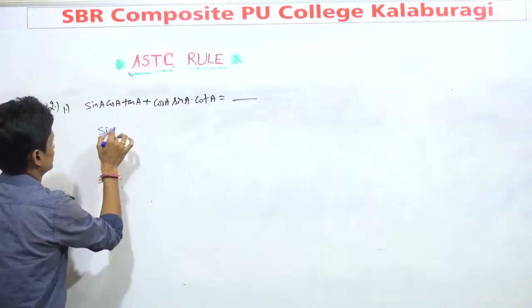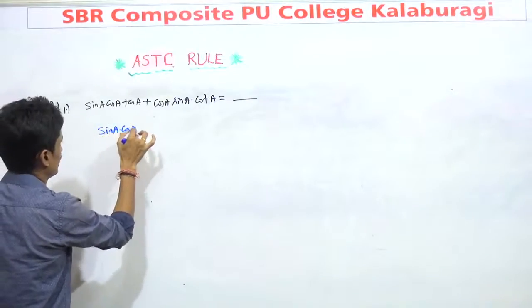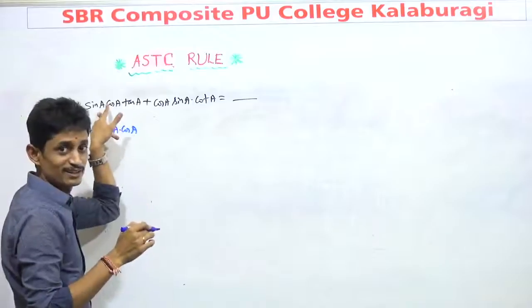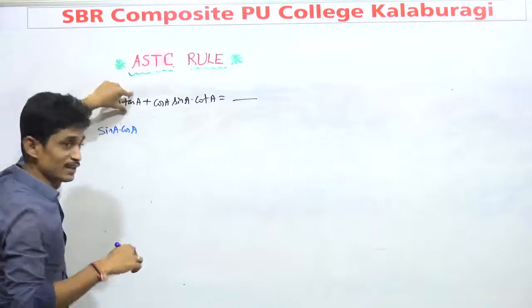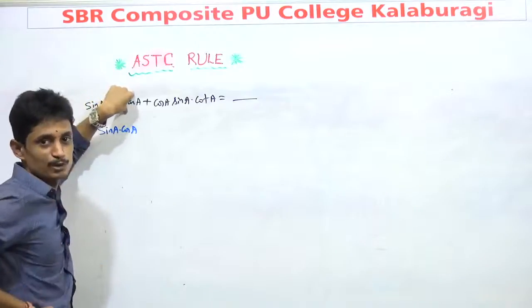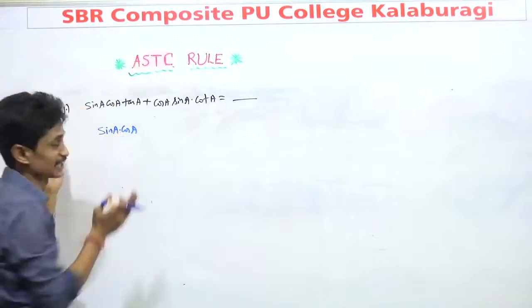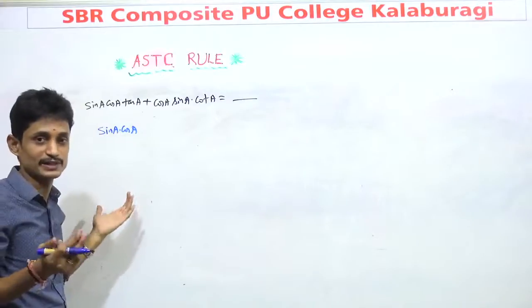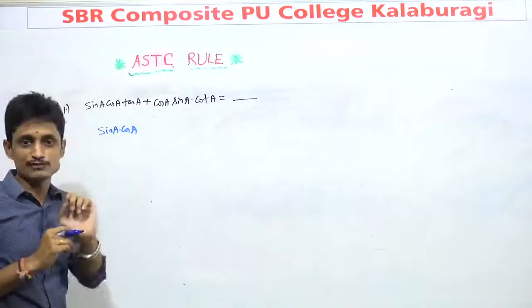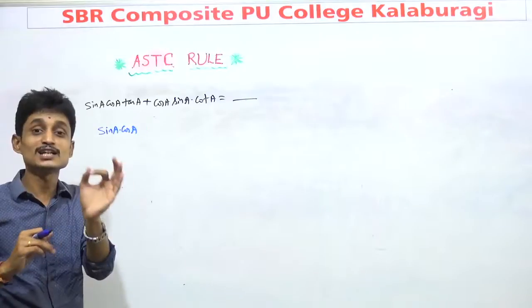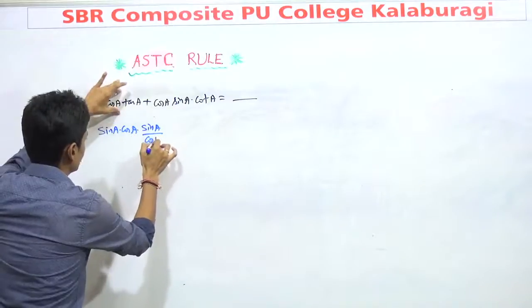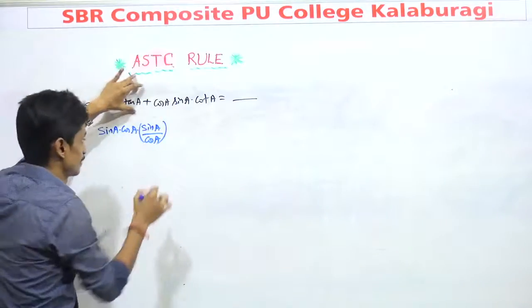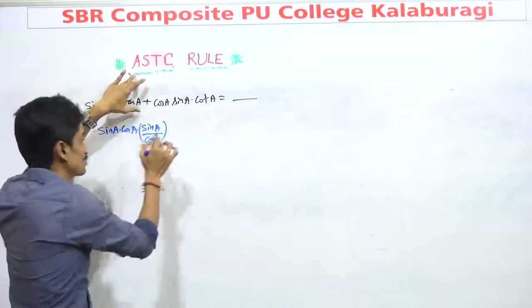First, I will write this sin A into cos A as it is. I don't have any standard result regarding sin A into cos A. So this tan A we have in reciprocal form, 1 by cot A. No use of that. We cannot cancel. We can't simplify. That's why one more relation we have to remember, that is the quotient relation. What is tan A? That is sin A divided by cos A. That is tan, because easily we can cancel here.